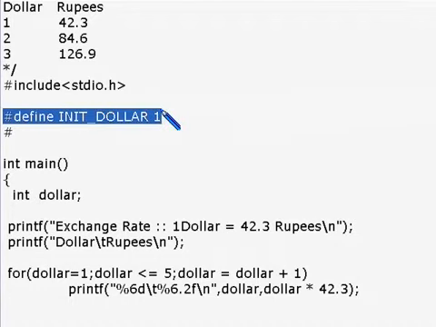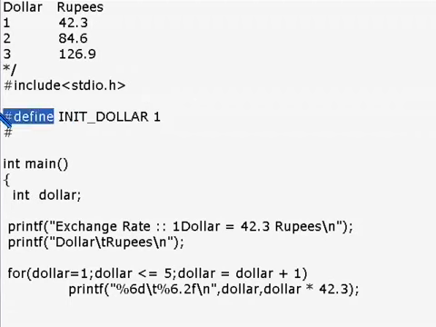This is the syntax for how you define them: you say hash define, then whatever name you want to give the constant, and whatever value of the constant you want to give. It can be integer, it can be floating, it can be string, it can be anything. Hash define exchange rate,